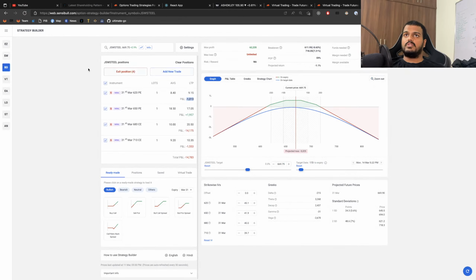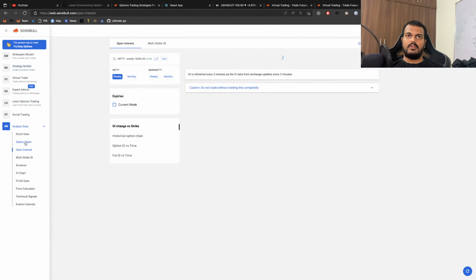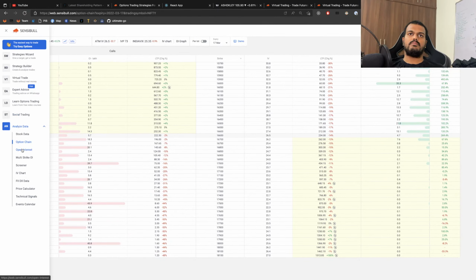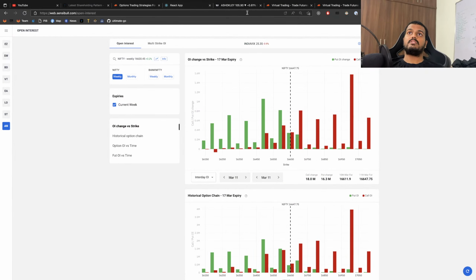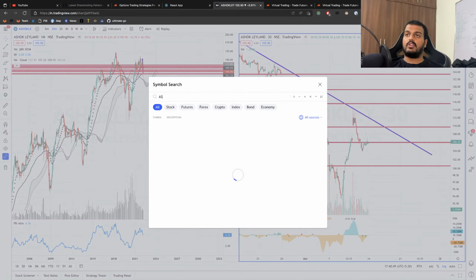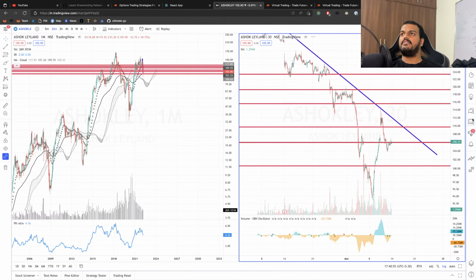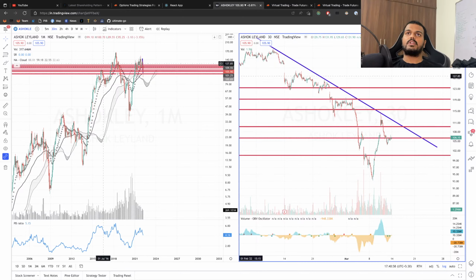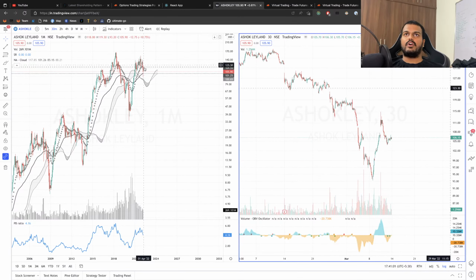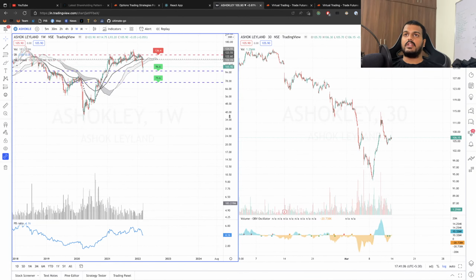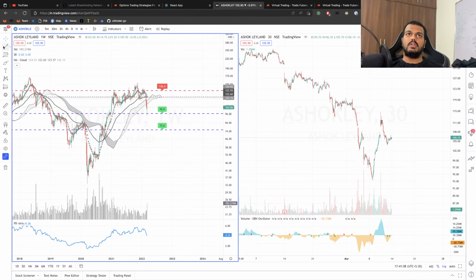Now coming to this OI, open interest. Open interest also might give you a huge confusion in Ashok Leyland because it has massively moved. So now is where you have to see the price action and where it plays. So these are all the points where massive trades happen, and everyone is in great confusion. But if you are seeing, if I remove all these lines and draw a pure line based on not monthly, weekly trend, it has been bearish.